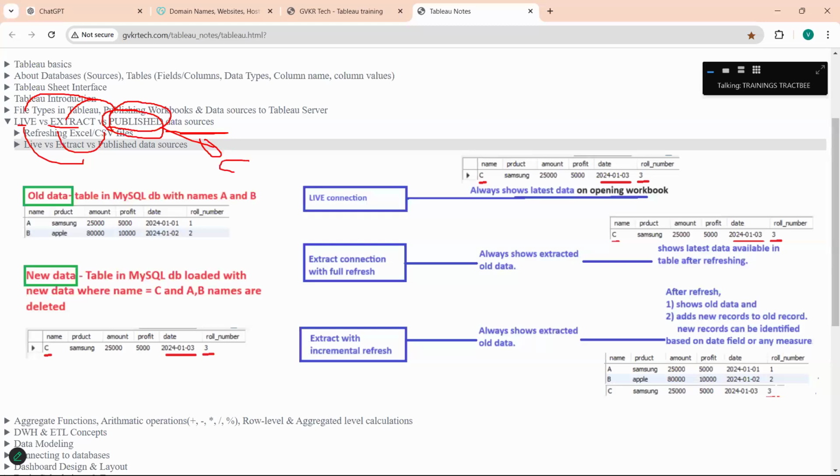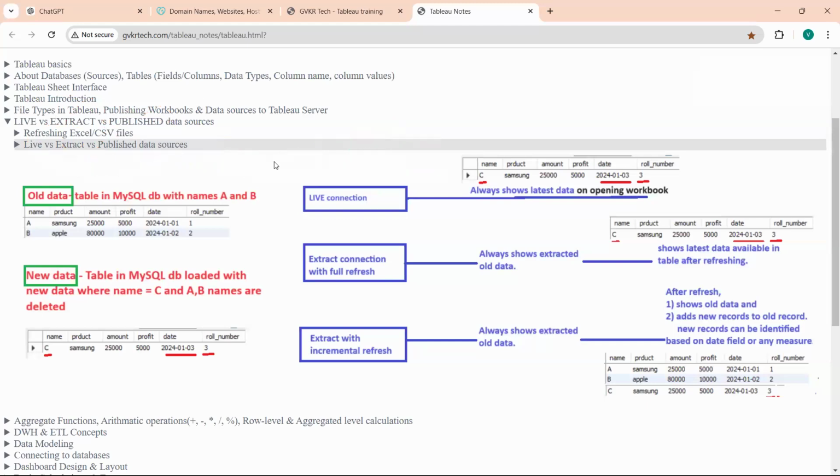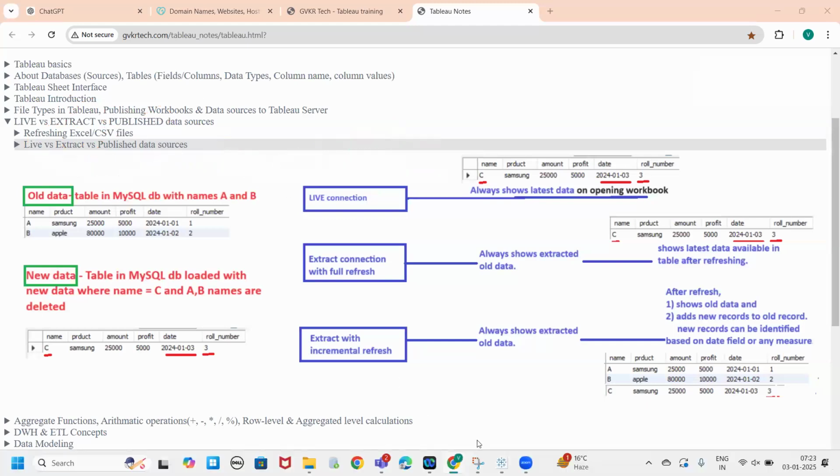We may call them connections sometimes, or we may call them data sources also. So in general, data sources may be either a live connection or an extract connection. Okay, so if we go to Tableau,